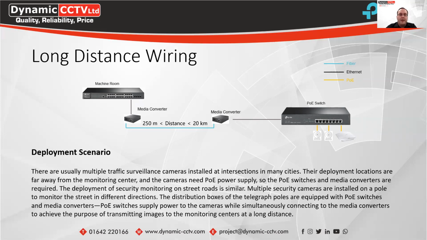So for example, if we had a PTZ mounted on the actual top of the pole, at the bottom we'd have the PSU to power the camera, and we could then have a media converter that's converting that copper connection from the PTZ into a fiber connection, and then we could have, say for example, a 5-kilometer cable run back to the control room via fiber, which is then converted into copper and connected to the standard network